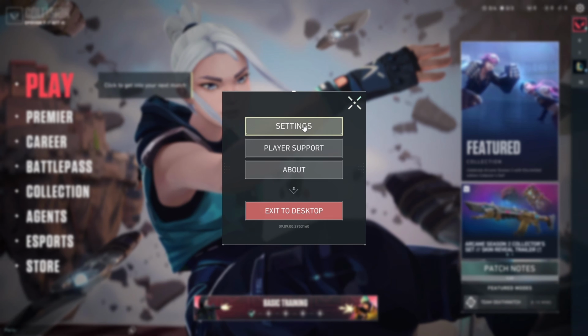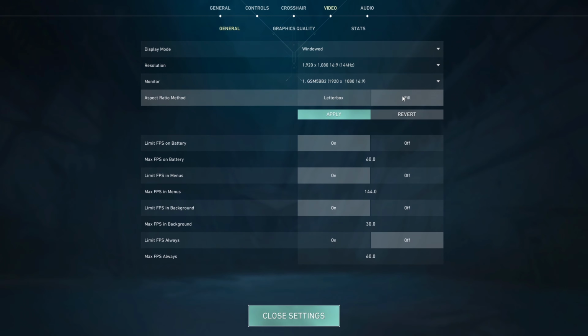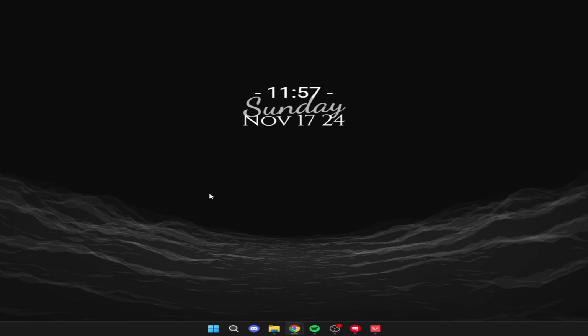Then go to Settings, Video, and set this to Windowed. This here, we put it in Fill. Apply. Now we will go to the folder,